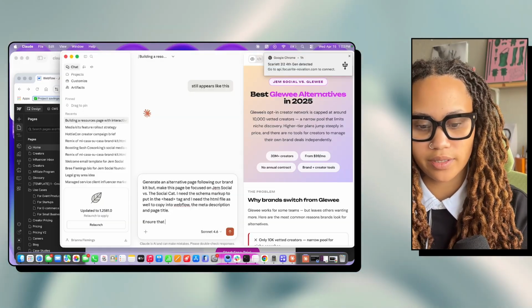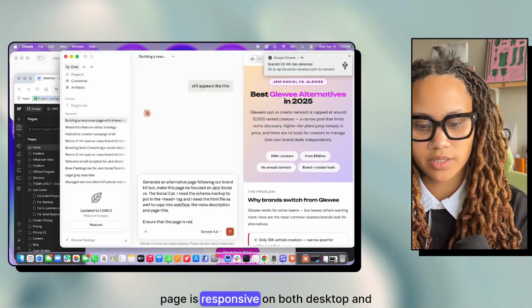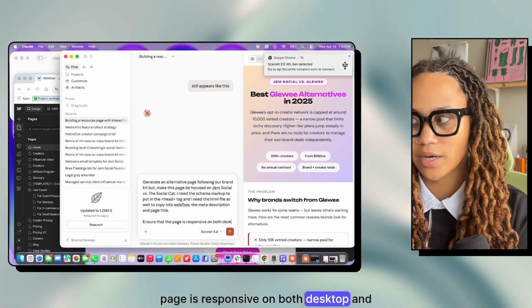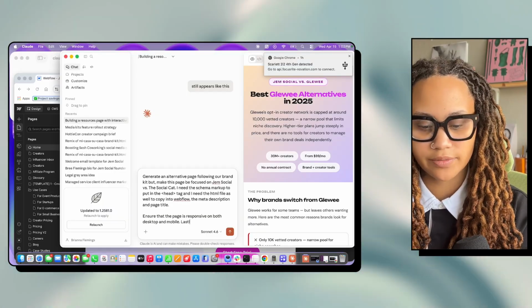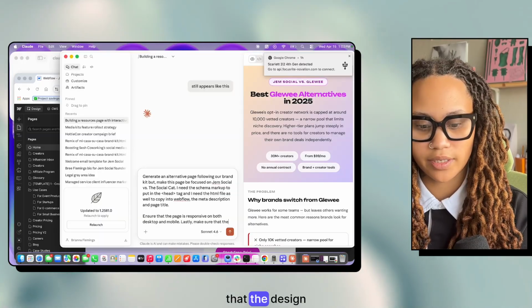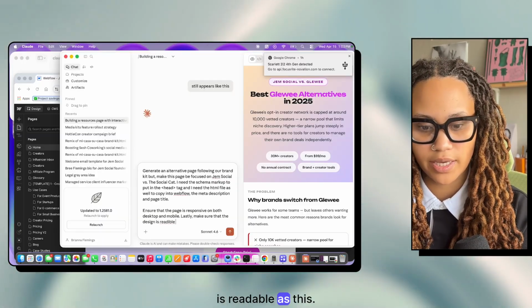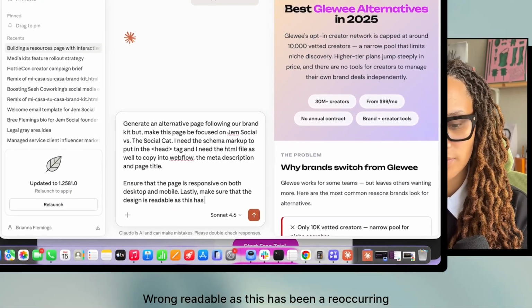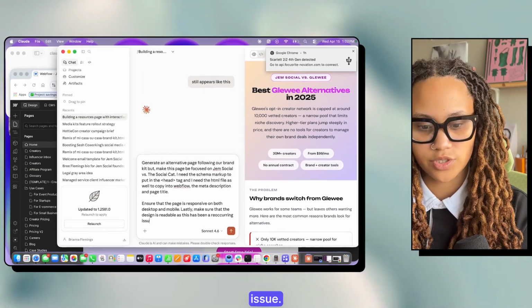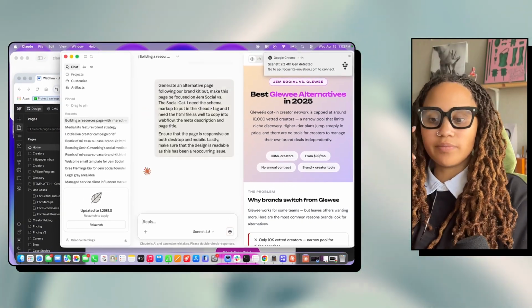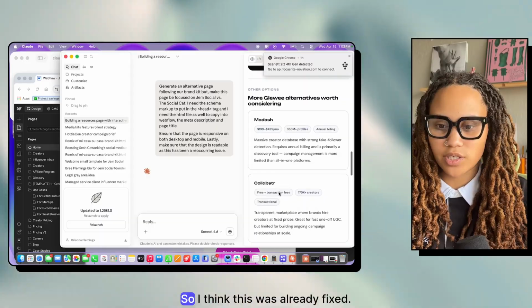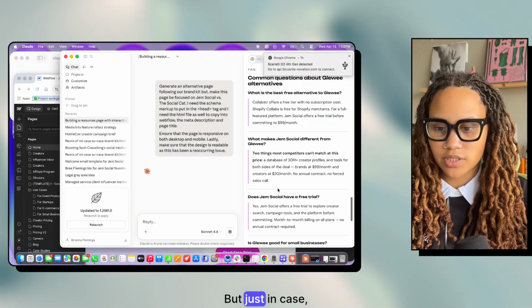Ensure that the page is responsive on both desktop and mobile. Lastly, make sure that the design is readable, as this has been a recurring issue. So I had an issue with the readability, so I think this was already fixed, but just in case, again,